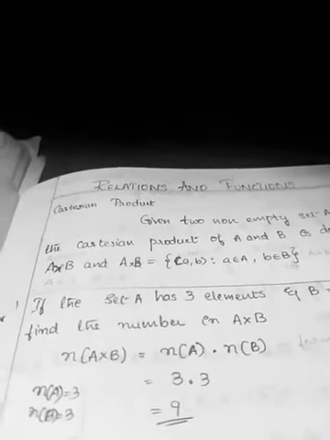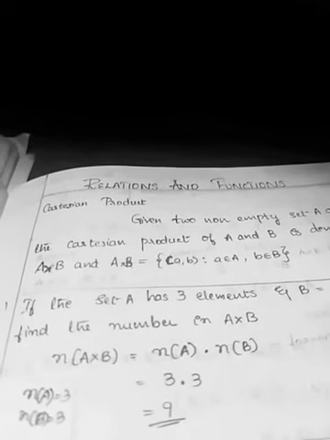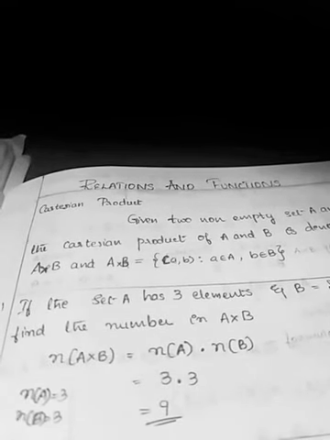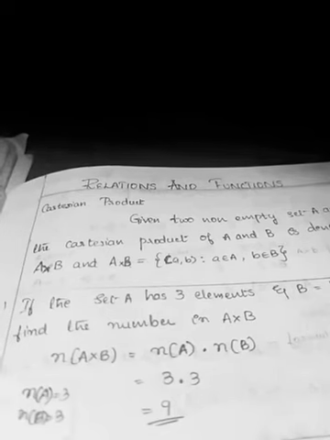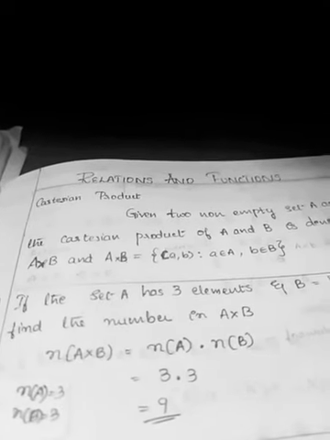Dear students, I am going to take a class on the second chapter, relations and functions. In this chapter you are going to study the Cartesian product, relations, then domain, codomain and range, then functions. Some functions are very important for 5 marks. From this chapter you are going to get 5 marks, 1 mark, 2 marks and 3 marks questions. So let us start with the Cartesian product.